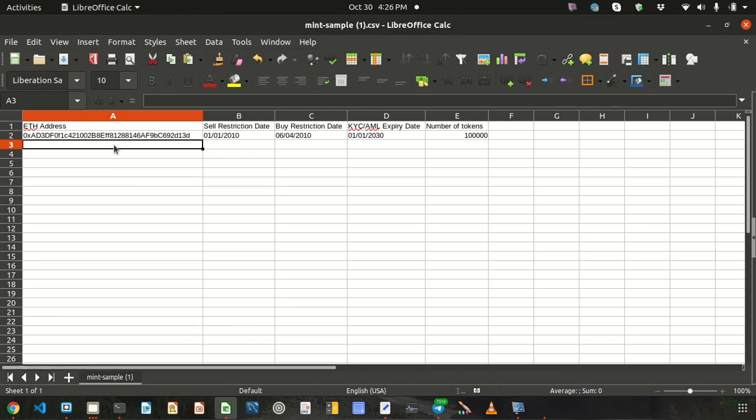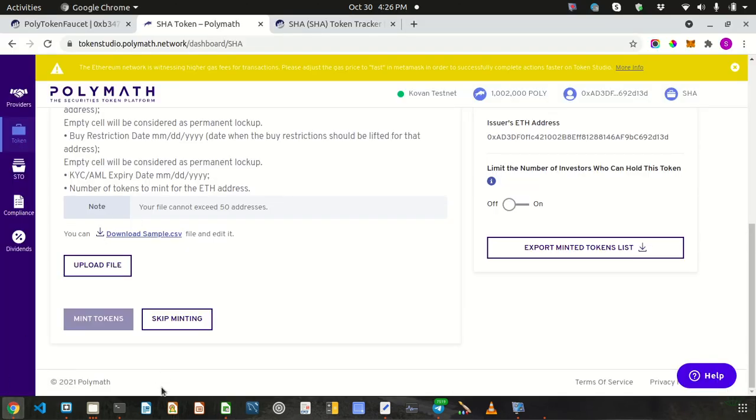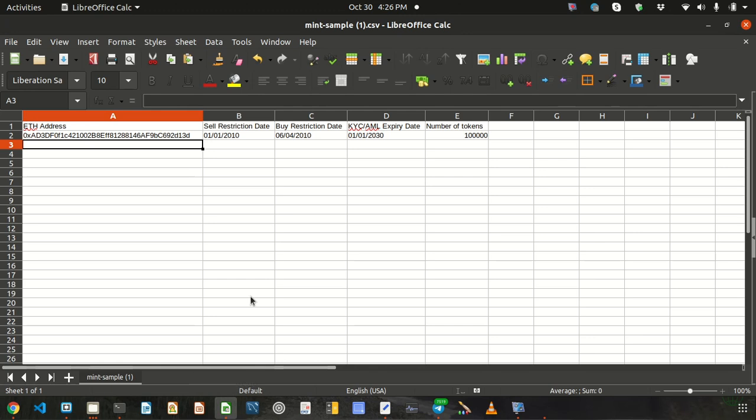So you can enter as many addresses as you want to issue tokens to. Mainly what we have seen is that companies issue tokens to their company account, and then from the company account it starts transferring the shares to the investors. All right, so just save this file,